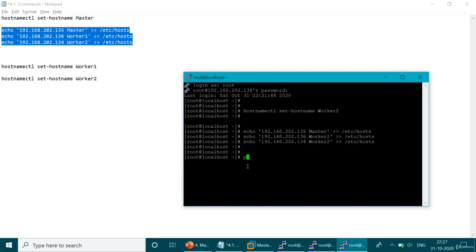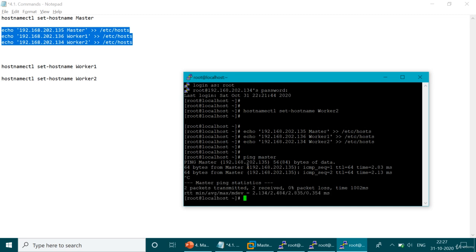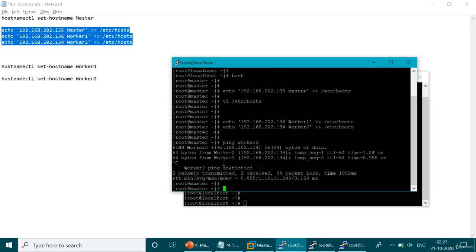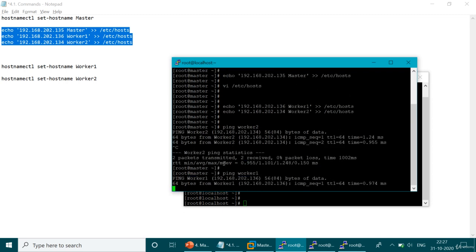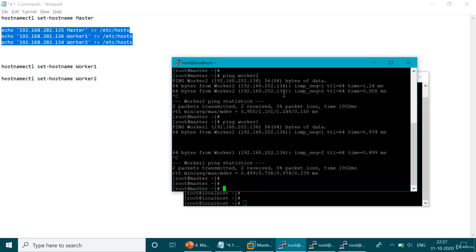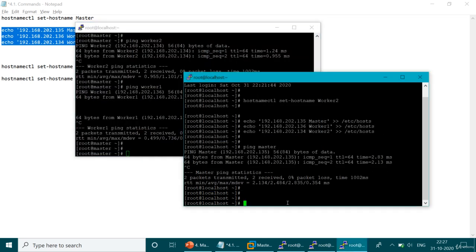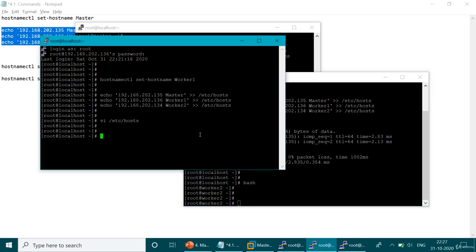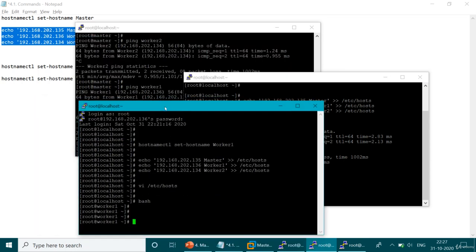So what will happen is, I can do ping master. So here the master will be pinged. If I'm there in the master, I can do a ping to worker 2, or worker 1. So now it will be easy to identify as well. Instead of localhost, we can see the hostname, and now we are there in worker 2, and here we can see the hostname, then we'll see worker 1. So this is another way to identify all the hosts,